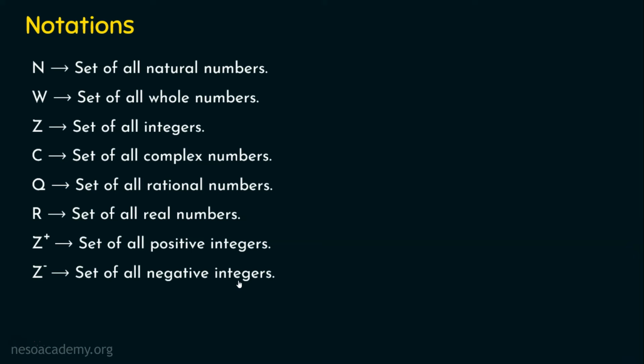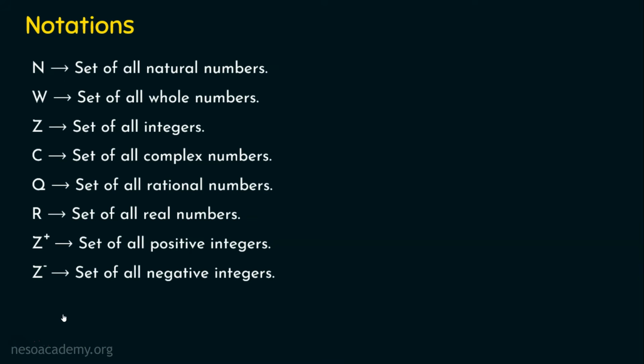Let's take one example. N, the set of natural numbers: is (N, +) a group? That is, we want to check whether N under the addition operation is a group or not. It is not a group. You know why? Because natural numbers do not include 0, where 0 is the identity element for the operation plus. Since there exists no 0 in the set, obviously (N, +) is not a group. Likewise, you try finding answers for other notations.